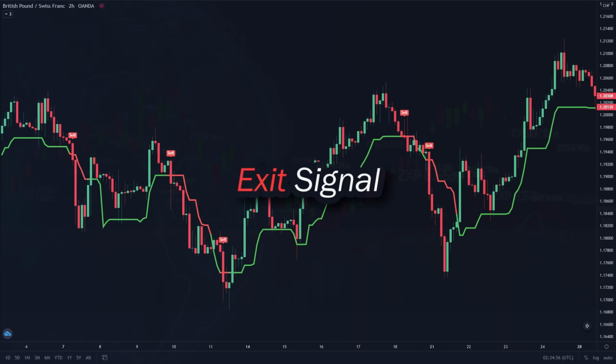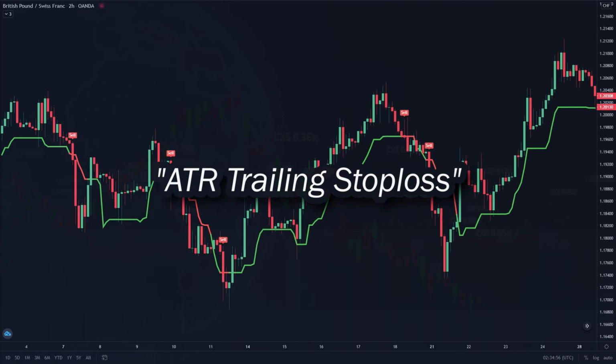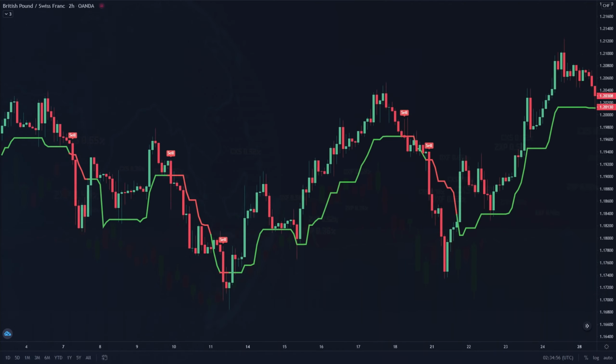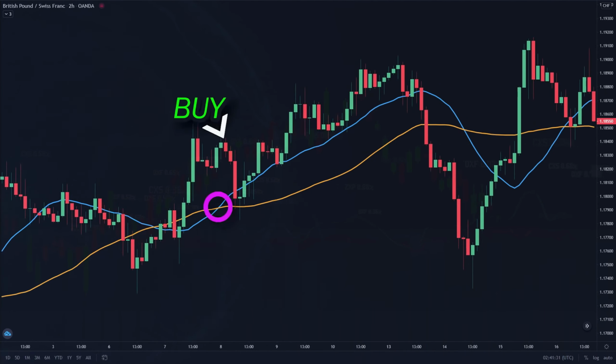And for your exit signal, you can use an exit indicator like the ATR trailing stop loss to exit your trades. This will give a much better exit compared to if you waited for the moving average to cross over again. For example, let's say you took a buy position here. If you waited for the lines to cross over again, you would have exited your trade here and wasted so